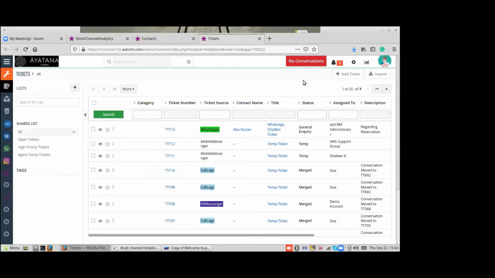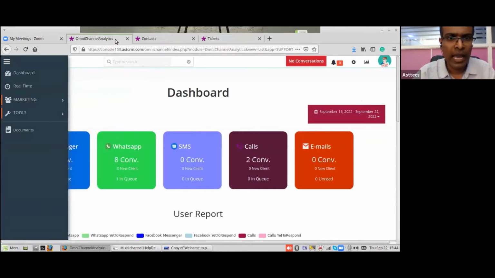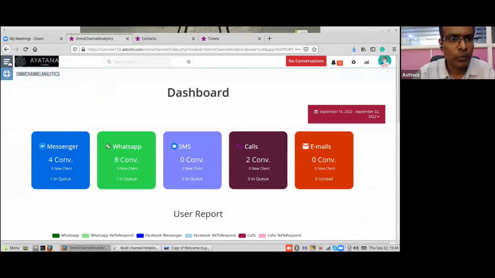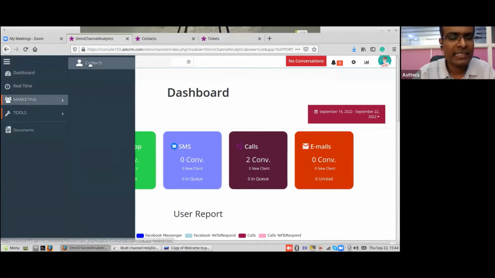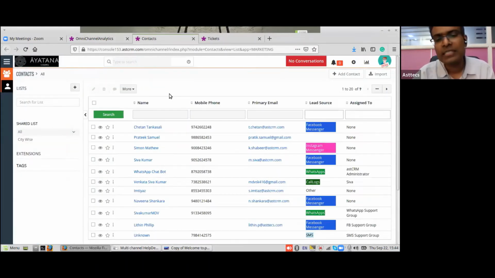Now what is happening on this screen: I logged in as a user, and I can go to the menu and see a module called Contact. This contact module has the list of all my existing customers. If a new customer comes, I can add them over here. Now going back to the presentation about the sample name, Simon Matthew,